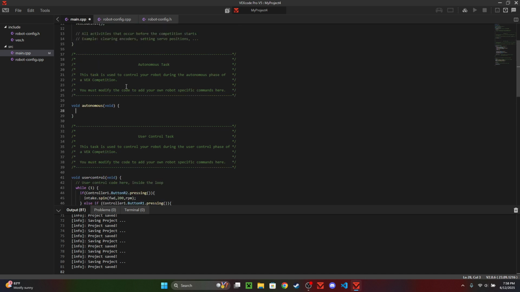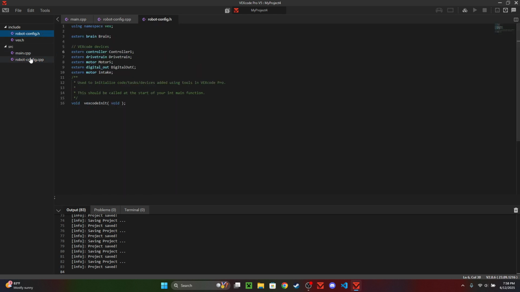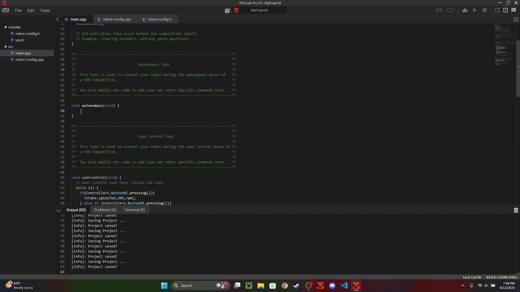Now this is where things can get very complicated. Obviously, knowing what your chassis is and how it's built really depends on the speed that you're going at. So we need to set a drive velocity and a turn velocity. If you set no drive velocity or turn velocity, your robot is just gonna be insanely slow and run off the RPM that I think it has. I'm not too sure, correct me if I'm wrong, but if you don't have a certain velocity for your drivetrain when going straight or turning, it's going to be very slow. So this is why we need to set our drive velocity